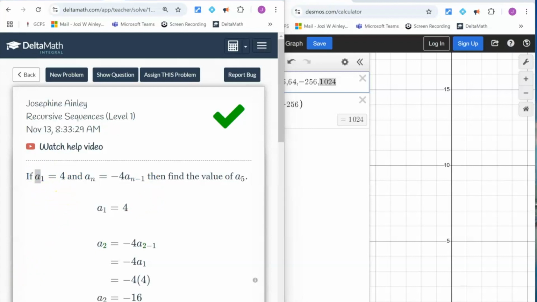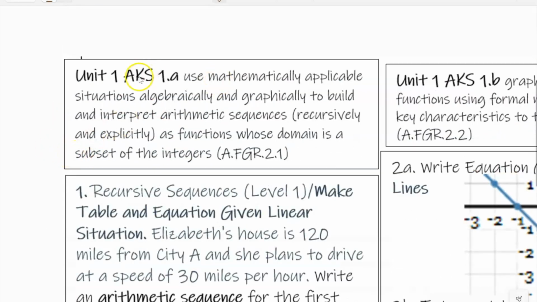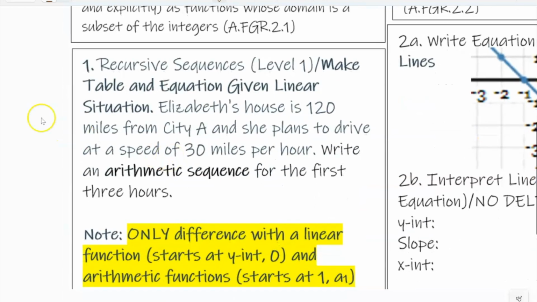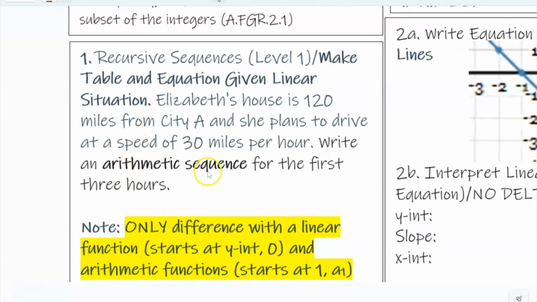Let's practice. All right, so we're going to take a look at AKS1A again to use mathematically applicable situations, algebraically and graphically, to build and interpret arithmetic sequences recursively and explicitly as functions whose domain is a subset of integers. Okay, so we talked about recursive sequence. Now we're going to talk about making a table and equation, give you a linear situation and also an arithmetic sequence. So I'm going to talk about both in here, and what you need to know is the only difference